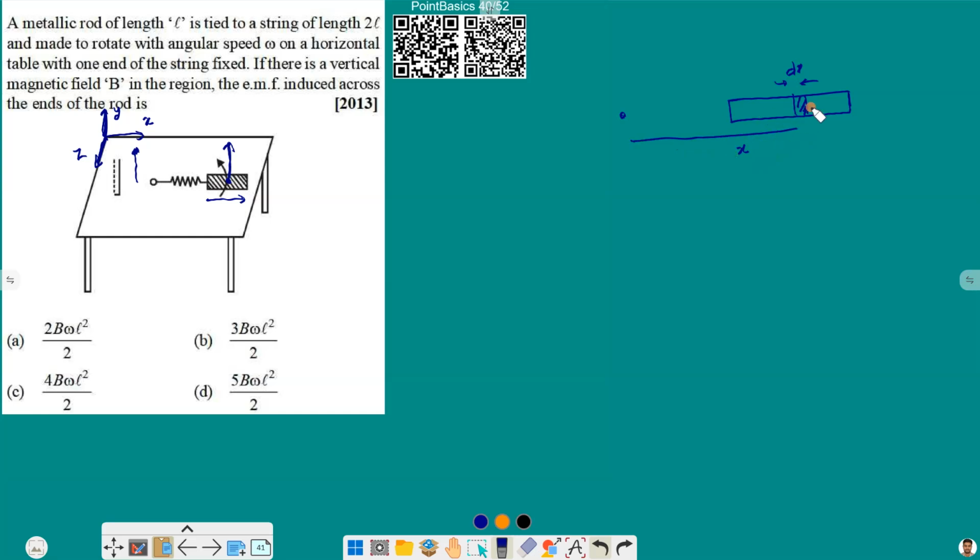So induced EMF in this small element, that is dE, will be magnetic field B, as magnetic field is constant here, into length of small conductor, that will be dx,